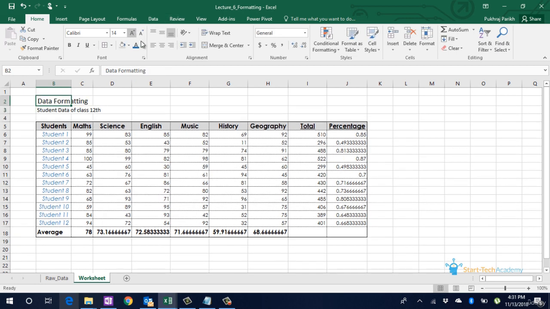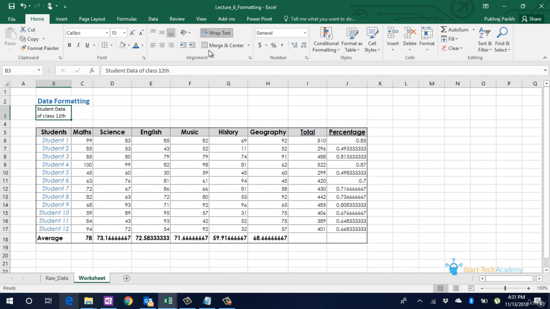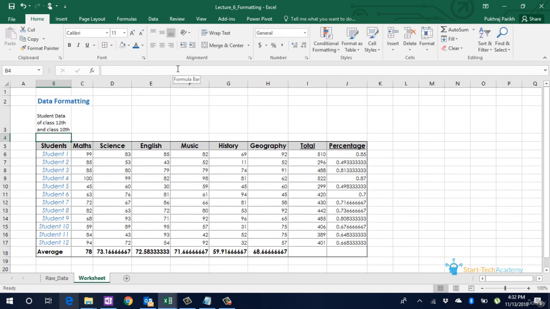Now you can see that the B3 cell has more characters than can fit into the column width. That is why the text in that cell is going over into the next cell. To avoid that, we can use the wrap text option. When we click on wrap text, the data within that cell moves into the next line within that cell. If we add more text to that column, it will automatically adjust and increase the height of that row